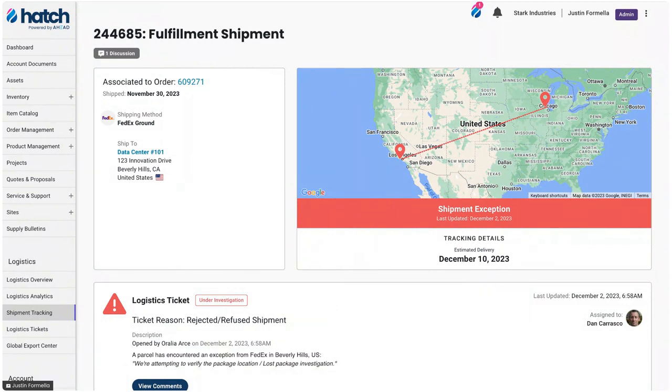So we've had real world use cases of this where something might even be as simple as a delivery that got refused because it was a submerged dock and it was on a van. And that might happen in the morning. System will open up a ticket. We had a scenario just like that where at 10 a.m. we had a refused shipment. By 3:30, it had been loaded on a proper truck, unloaded at that data center. It's still installed that day. And no involvement from anybody except for a team member on our side who got assigned to it, who worked directly with the carrier to resolve that and have that issue taken care of.